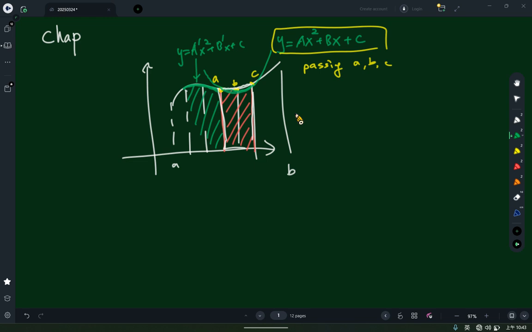Then finally, I just integrate and sum them together. So if you can do that, you can write your program to simulate the integration for